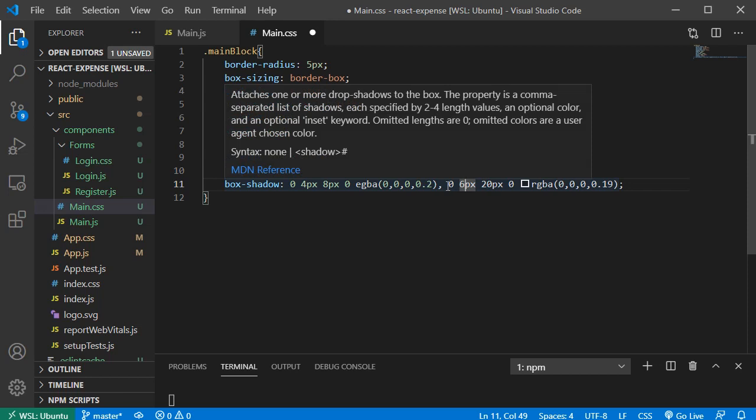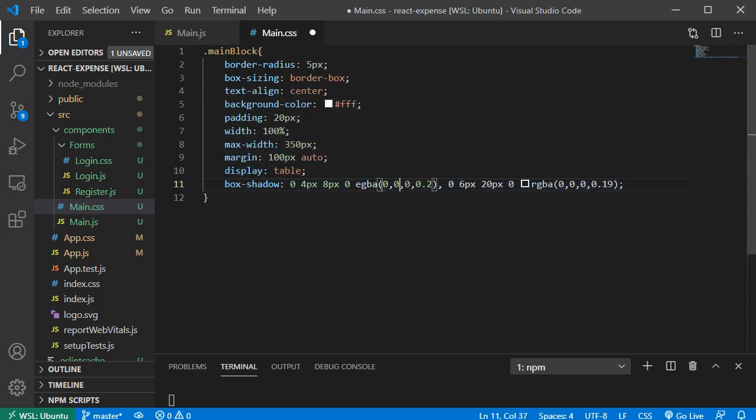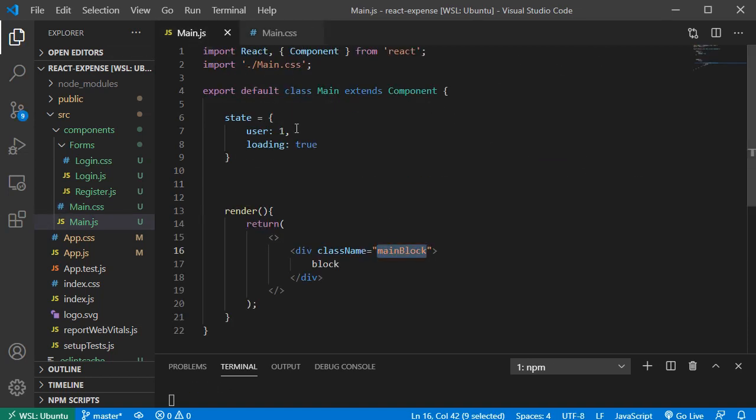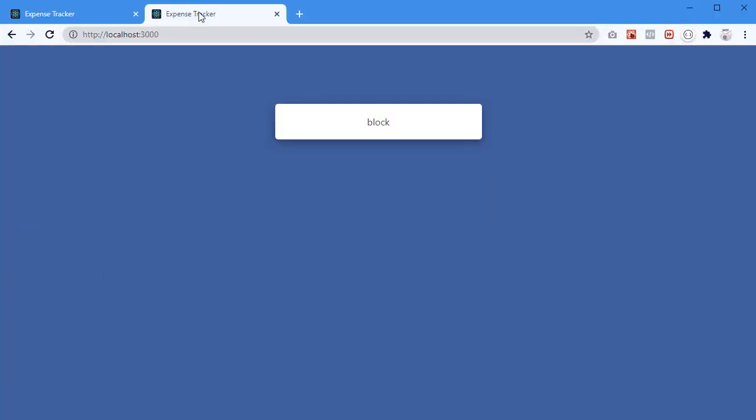That's just to make sure everything is right here. This needs to be R. Okay, so if I save it now, we have imported the main block here,